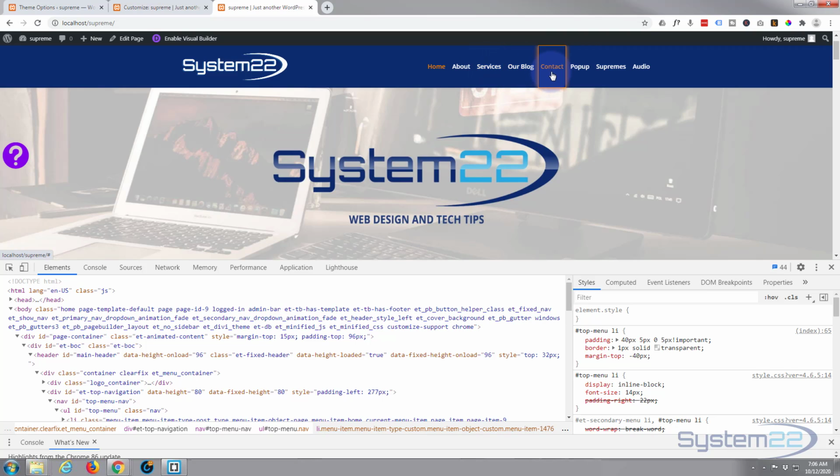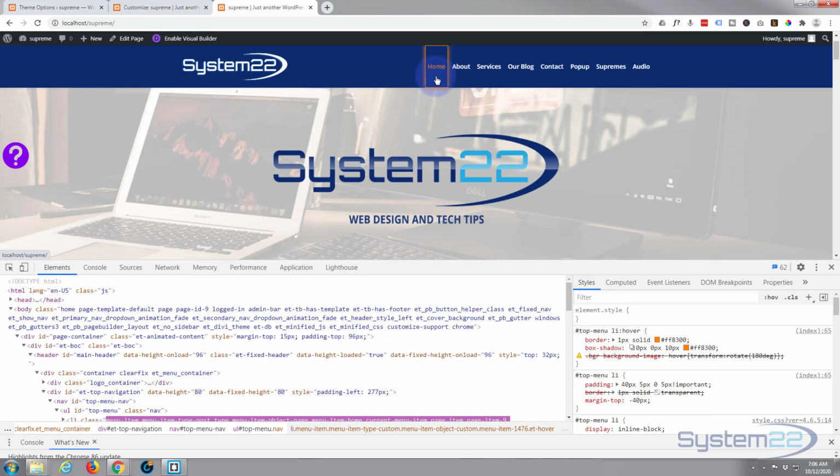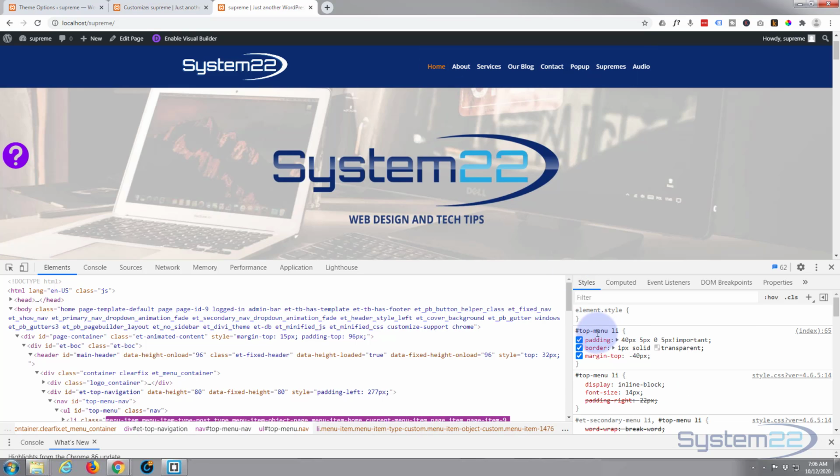I want to sort of slow that down just a little bit. It's okay, but I think for me a little gradual slowdown is better. If you want to spread these apart a bit more, you can put a bit of margin left and right on the list item here, right here, but I'm happy with that. So let's slow this down a bit, and let's also affect our home page so it's also got that sort